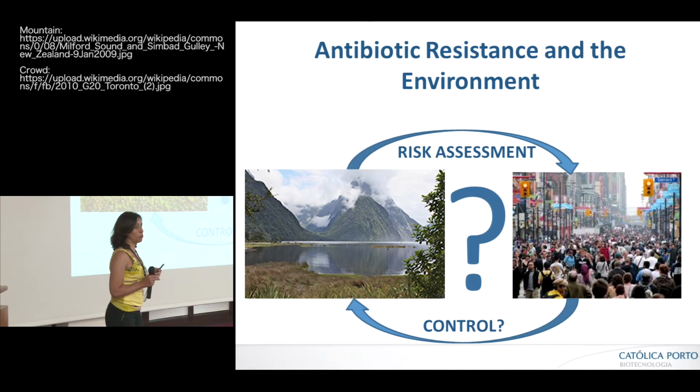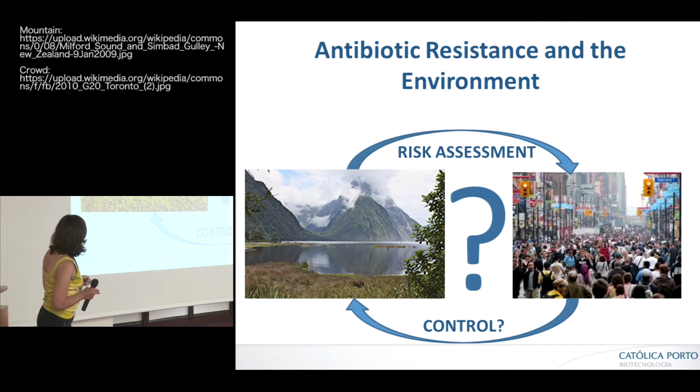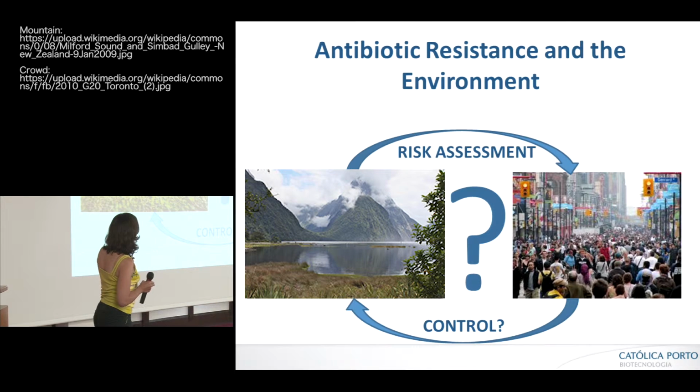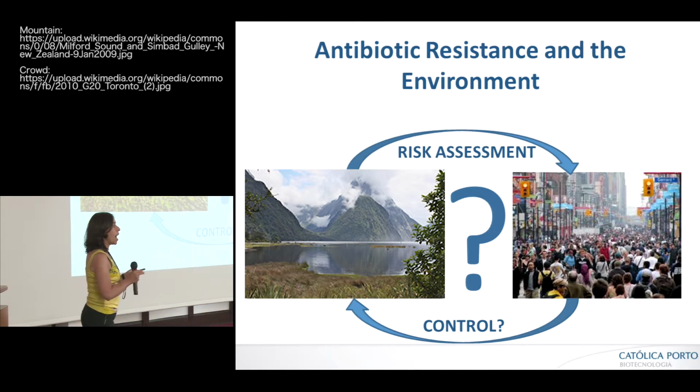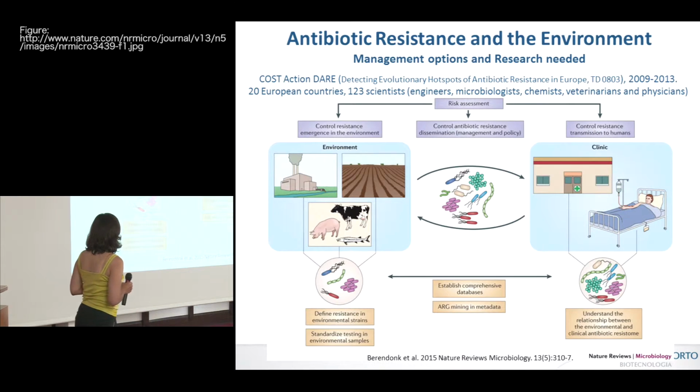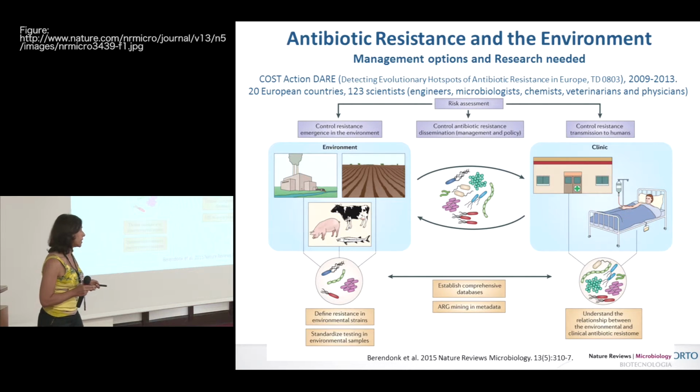Okay, when we look at these results, we think, okay, it's time to start doing some things. On one side, we need to control if resistance can go from the environment to humans. This is a major question that we have now. We don't know if it occurs, how extensive it is, we don't know. And on the other side, it is very important to control this form of environmental contamination. So we started working on that. And now I would like to share with you some networking activities that we have been doing.